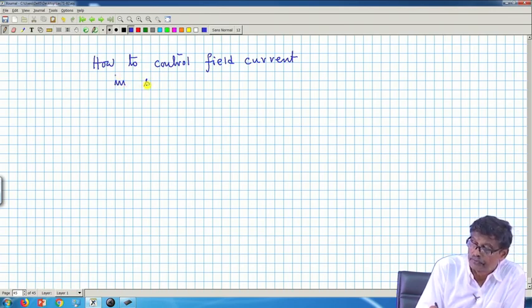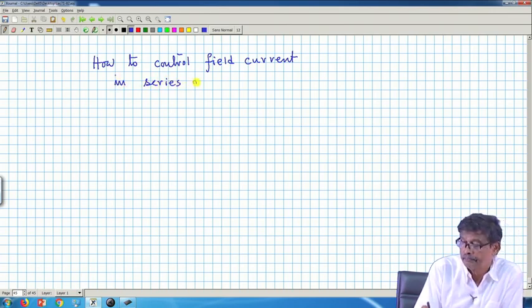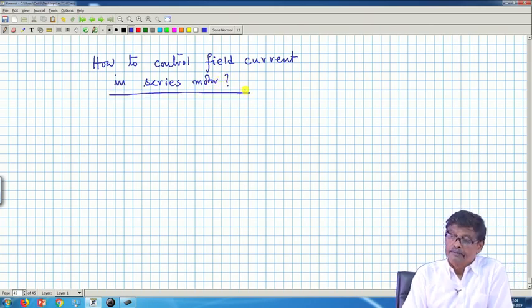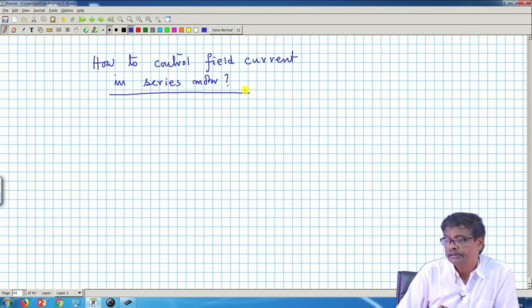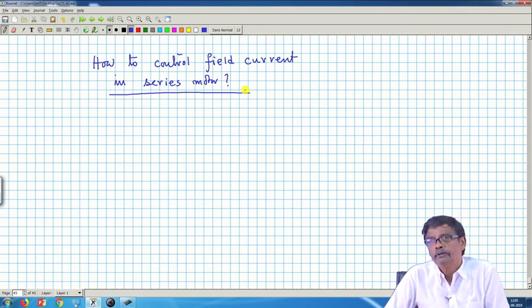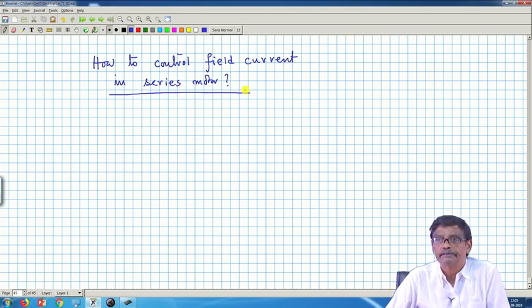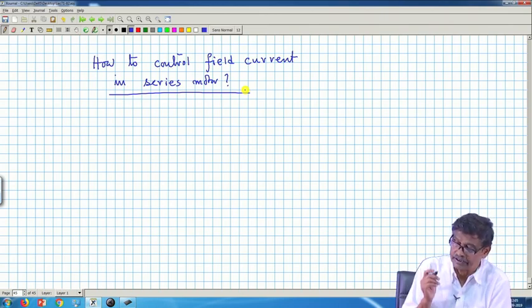In series motor. Okay. There are very interesting ways of controlling the field current. So, in other words, what I am telling is that is it possible to connect the motors in a slightly different way, so that I will be having some say separately on the field current. Let us see one of the things.